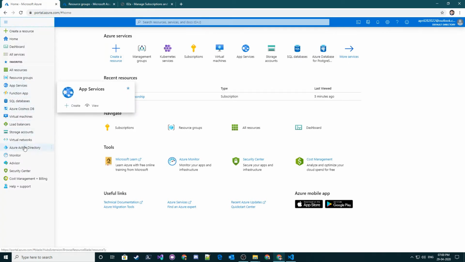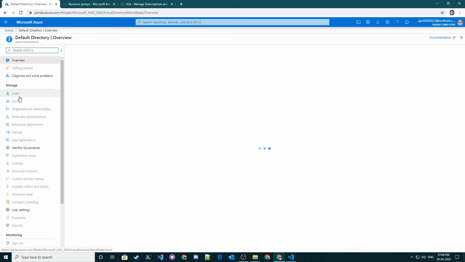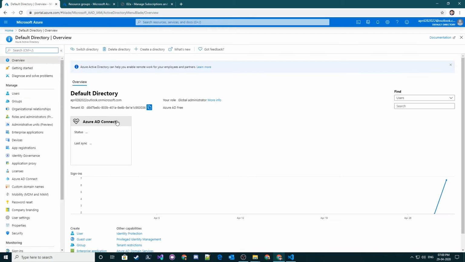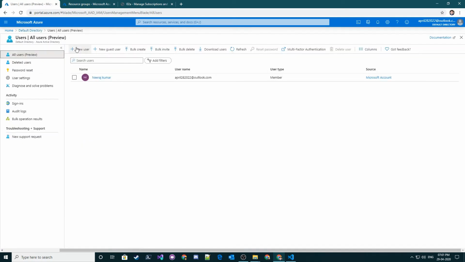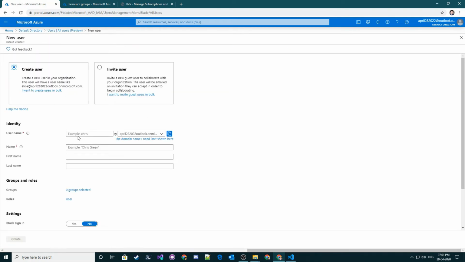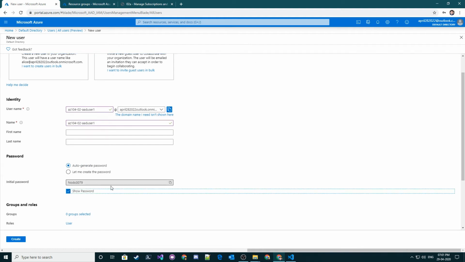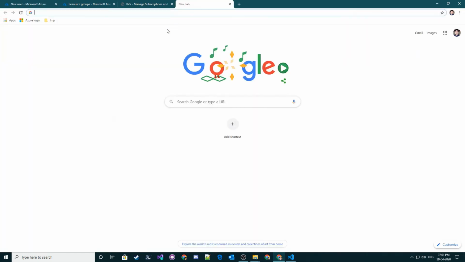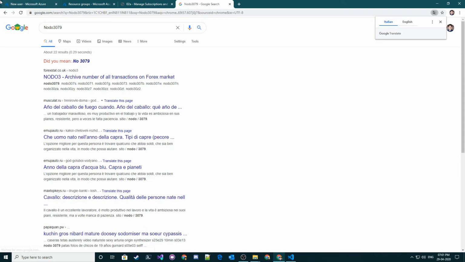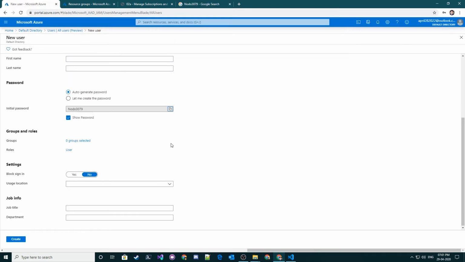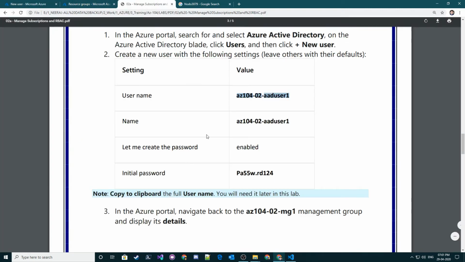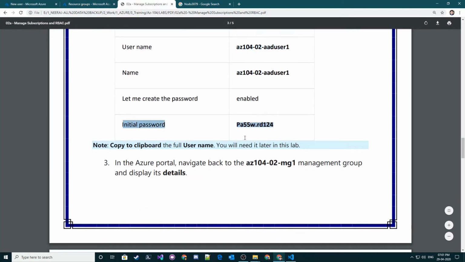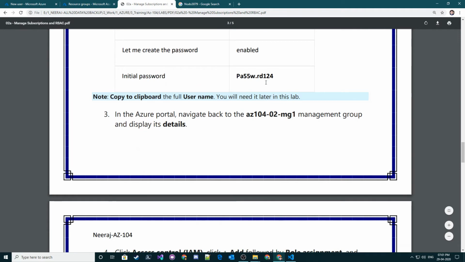It is also there in my favorites. I need to go to users, create a new user. Username, I'm going to paste it from there. Again, I'm going to paste the username. Let's have an auto generated password. I'll keep this password over here because we need to change this password after some time. Okay, anything else we need to do in this instruction? So password we can define over here, but I won't be defining it because we anyway need to change this password.